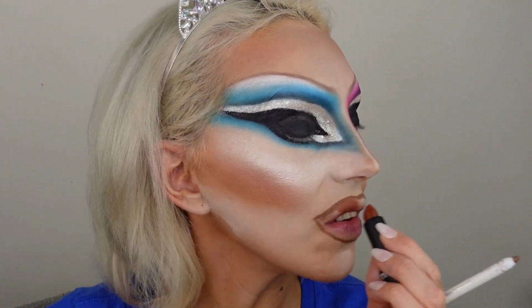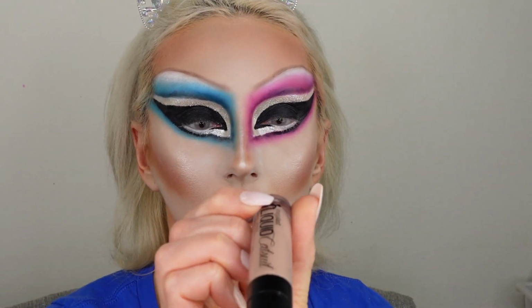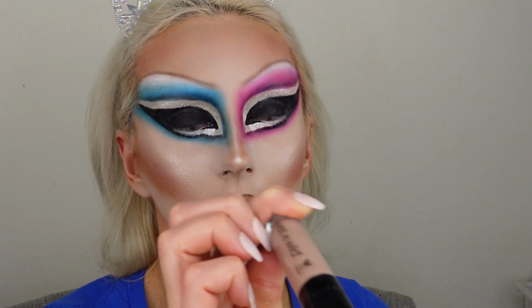I have this brown Revolution lipstick. And maybe I'll put some light on top. And yeah, I think they'll work. I just have to lighten it up. So I cleaned up around my lip and added a little bit of the liquid lipstick Wet n Wild, and this is Nudie Patootie and Caught Me Bare Naked as well, just to make it slightly lighter. And now we're gonna use mascara, just because I'm so dusty,